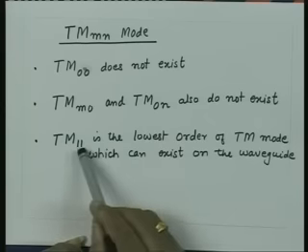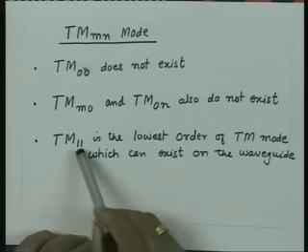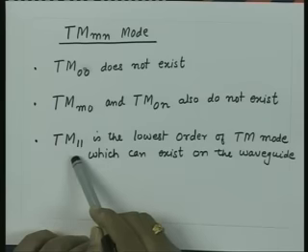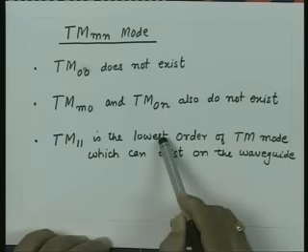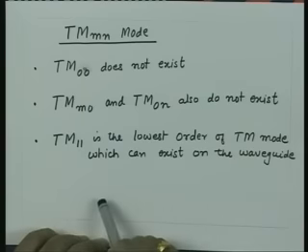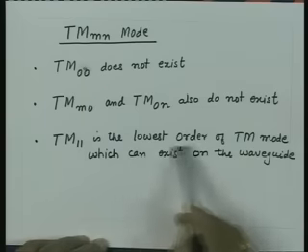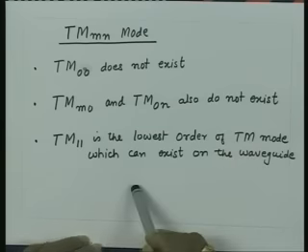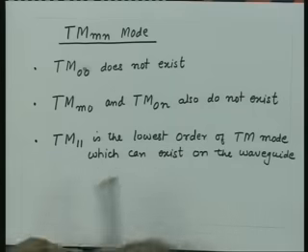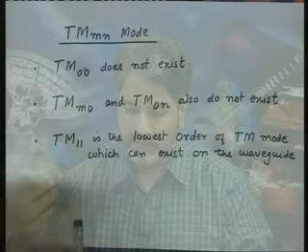So, essentially what that meant was that we must have at least one half cycle variation in x direction and one half cycle variation in y direction for existence of the field. And that is what we got, what is called the lowest order transverse magnetic mode, which is the TM11 mode, which can survive on a rectangular waveguide structure. With this understanding, we now want to investigate the other type of mode, that is the transverse electric mode,